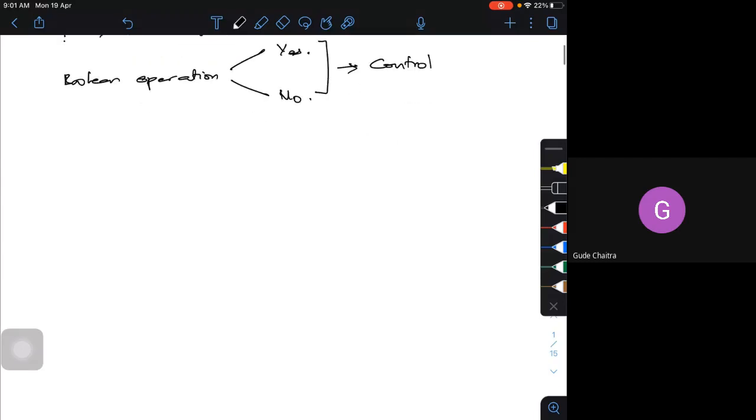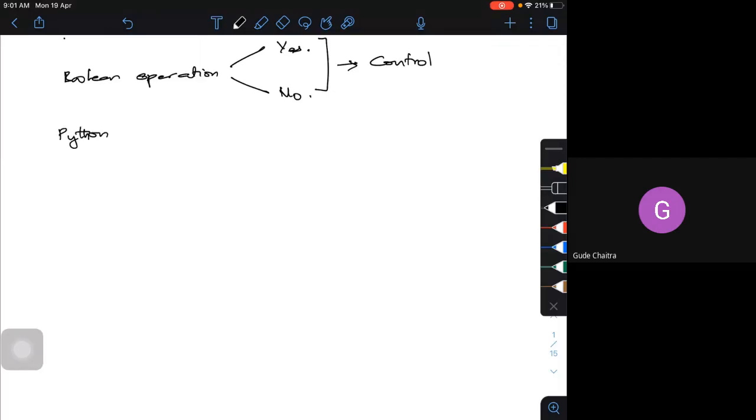Let's look at them one by one. We call that Python flow control statements. Let's look into the first one, that is the if-else statement.